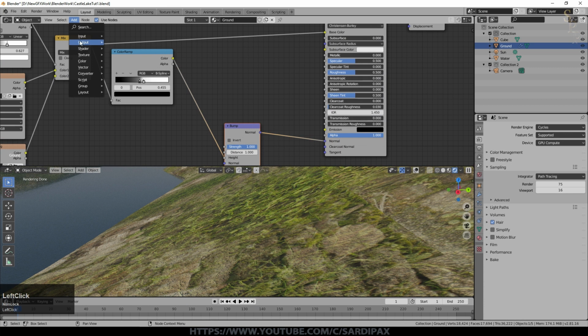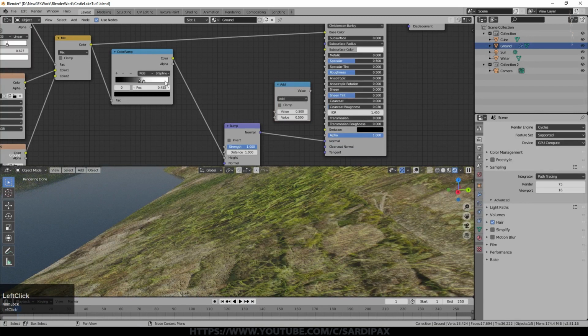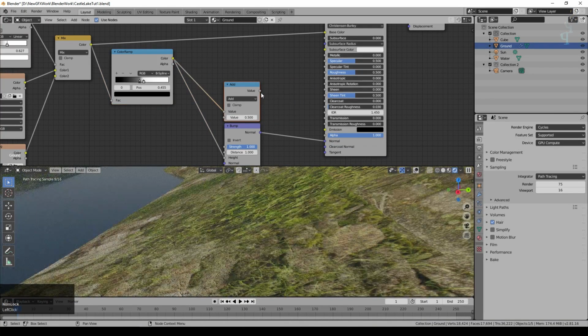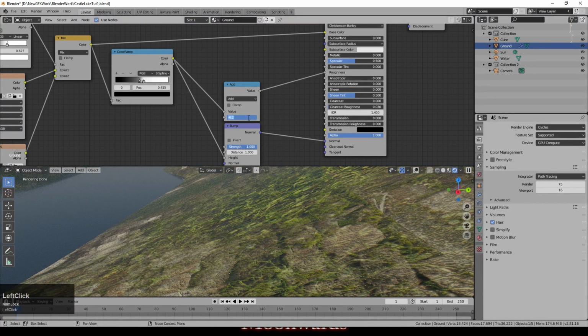But what I did do is added under converters a math node, set to add, took the output of the color ramp also into one side of that, and the output of that I took into the roughness input. So the idea being that some of the high spots will be rougher than the low spots. Again, all it's really doing is giving you some variation in the shininess or roughness of the surface. We could even go to negative numbers, so that makes some areas actually more reflective. You can see we've got some little high spots there.